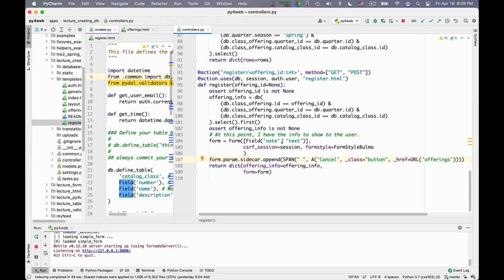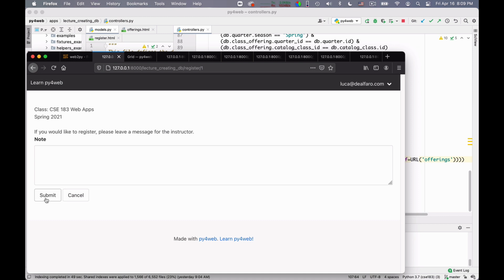So if I reload and show you how this works, that's what happens. You have a submit button and then a cancel button that is actually just a link that looks like a button. Okay, so one problem is solved.